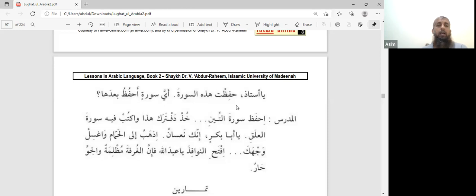Waktub fihi, and write in it Surat al-Alaq, and write in it. So take your copybook and write in it Surah al-Alaq. So they have to write out the surah. Okay? Ya Aba Bakrin, O Abu Bakr. Sorry. So he's telling Ali to take his book and write out Surah al-Alaq. Then there's a full stop there. See, after Surah al-Alaq, there's a full stop right here. Then he is speaking to Abu Bakr. So he says, Ya Abu Bakrin, O Abu Bakr,